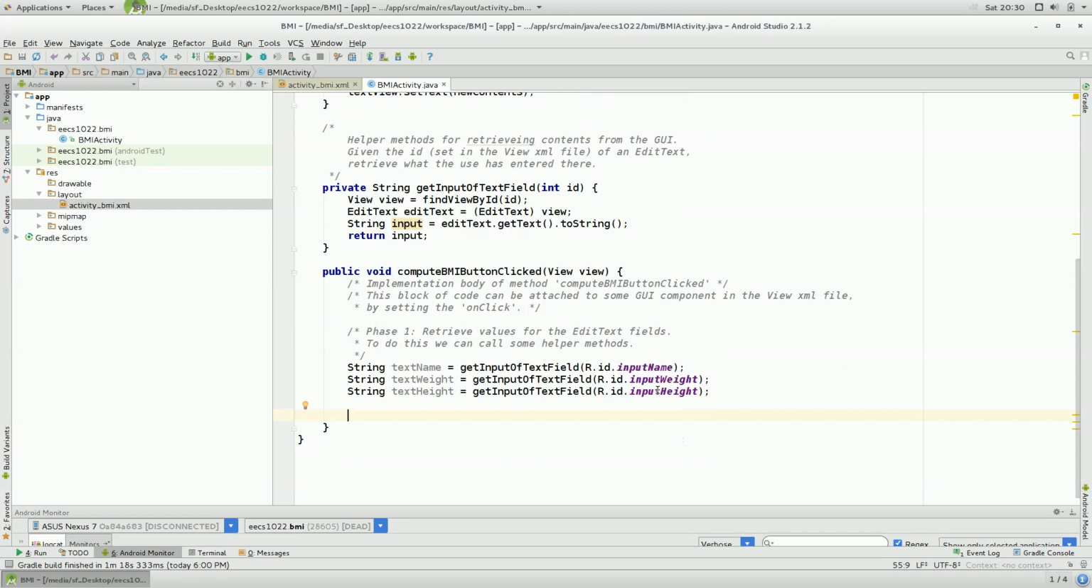Okay, up to this point, we can already do something quite interesting for our app. Okay, so now let's say phase two. So these are the three pieces of information that we have retrieved. And now what we can do right now is